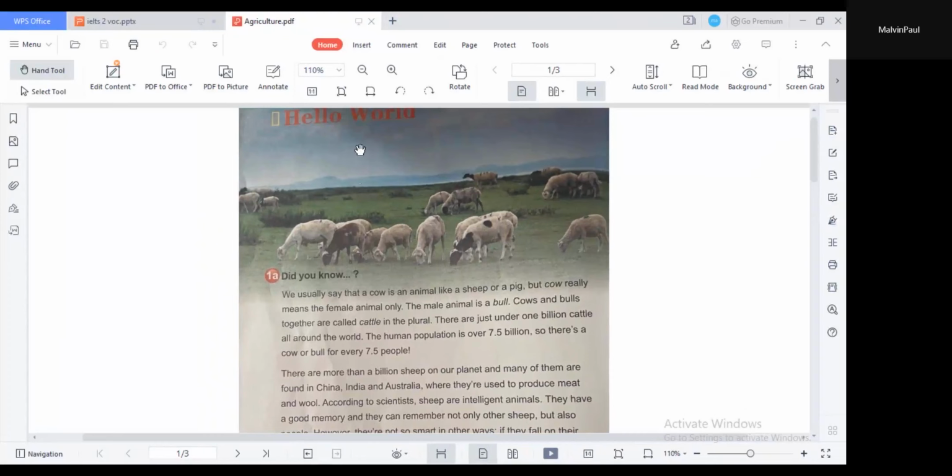Did you know we used to say that a cow is an animal like a sheep or a pig, but cow really means the female animal only. The male animal is a bull. Cows and bulls together are called cattle. In the plural, there are